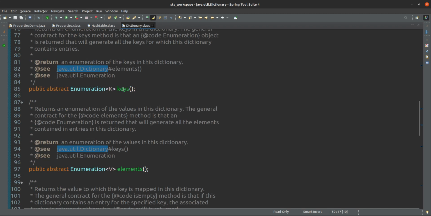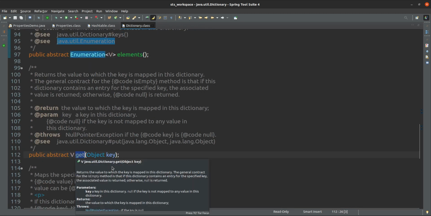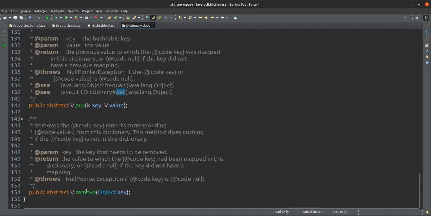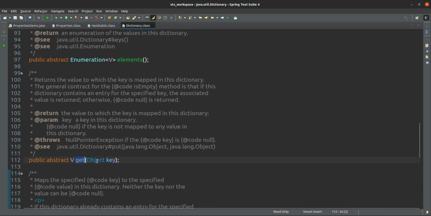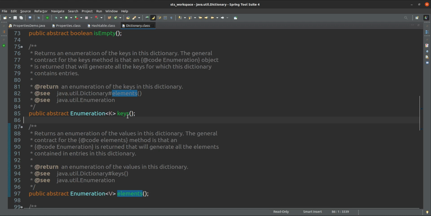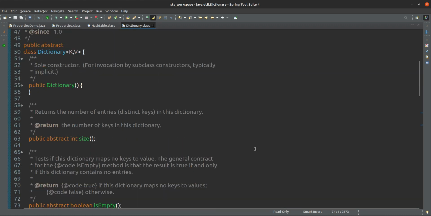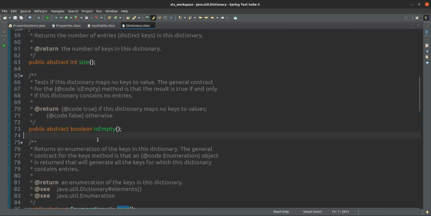Yes, this dictionary, keys, elements, enumerations, that we have already seen. Get value, get, so all these methods are also available. Remove a particular element, put a particular key value, get a particular key. Using enumeration we can iterate the keys. isEmpty will verify whether this dictionary is empty or not.